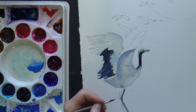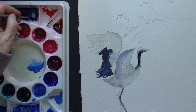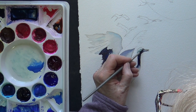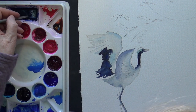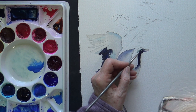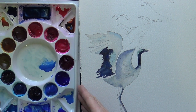There we have it. And that darkness goes actually around here and in here. Want it a little darker down here. There. And like that. And then rinse out my brush, and now I'm going to get into my